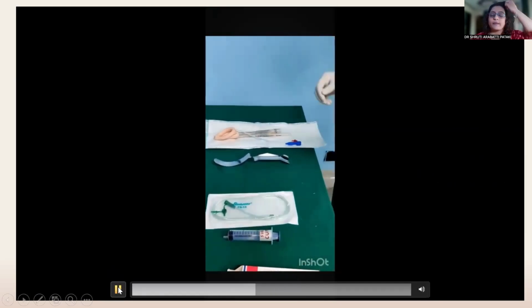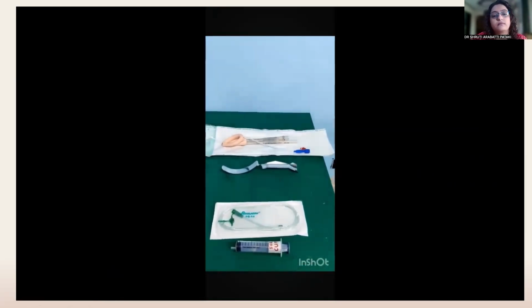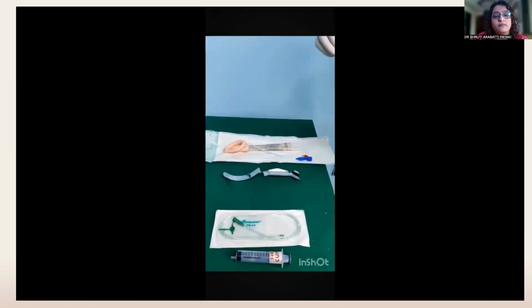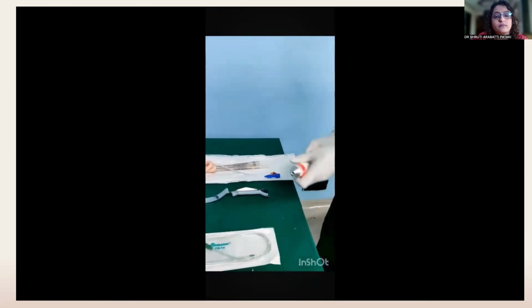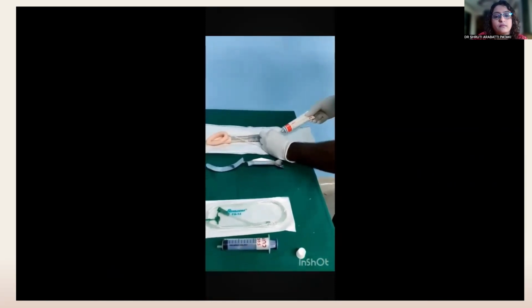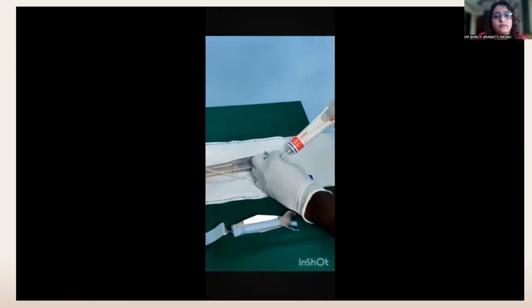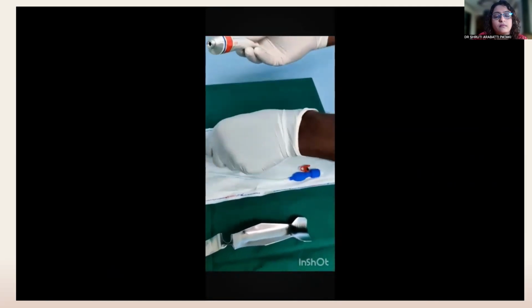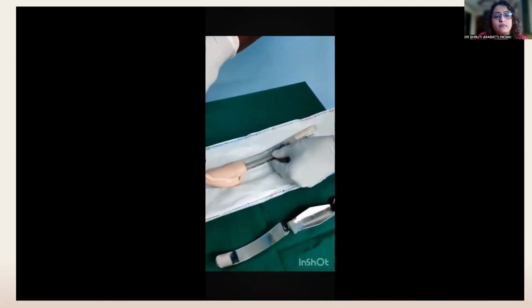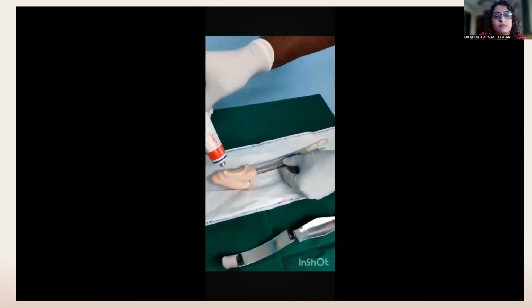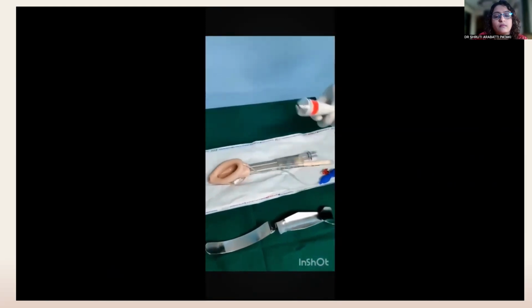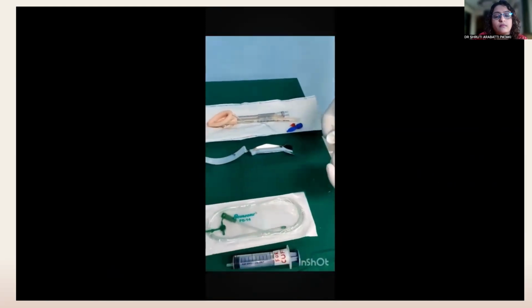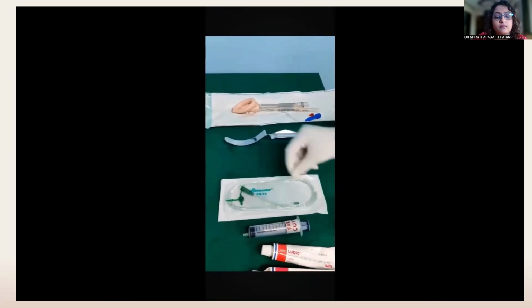Always use a water-soluble lubricant like KY jelly for lubrication and not the lignocaine jelly, as it may delay the return of protective reflexes. Apply the jelly at the inlet of the gastric drainage tube for ease of insertion of the Ryle's tube and on the posterior surface of the cuff. Too much jelly on the anterior surface of the cuff may block the airway aperture.